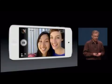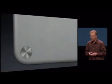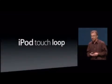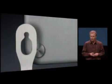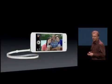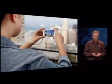But there's still more. You may have noticed on the back of the iPod Touch, in the bottom corner, there's a little circle. The circle is actually a hidden button. That's part of a feature we call the iPod Touch Loop. And if you push that little button with your finger, it pops out. You can attach the loop. And just like that, you've added a really handy and convenient wrist strap to your iPod Touch. For that added security when you're taking pictures or just walking around town, the iPod Touch